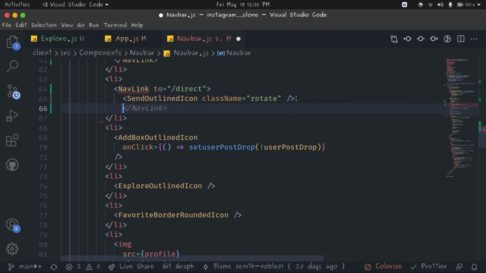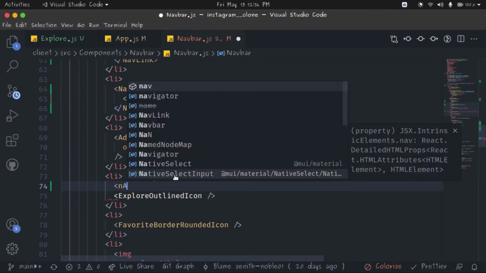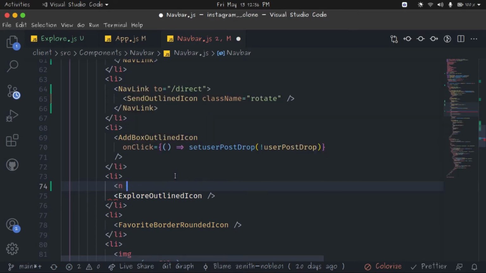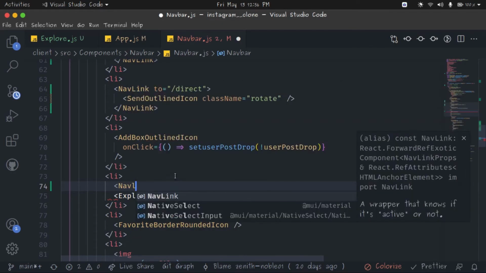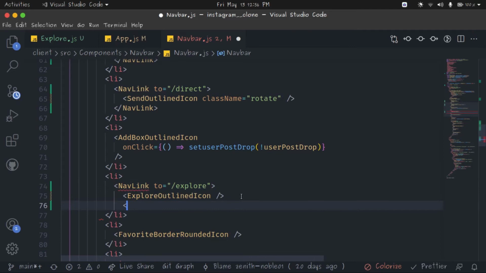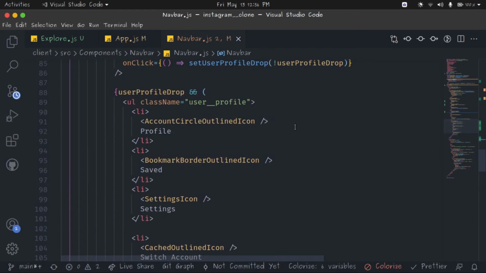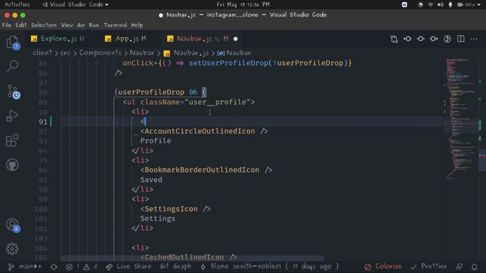And after it let's proceed, and here is going to be the NavLink to the explore page, and also